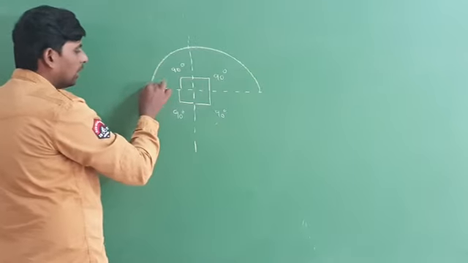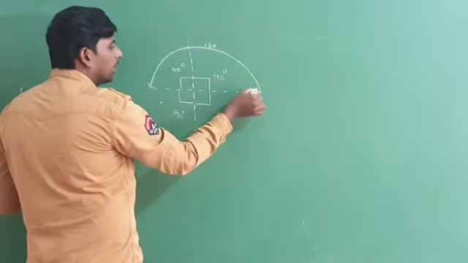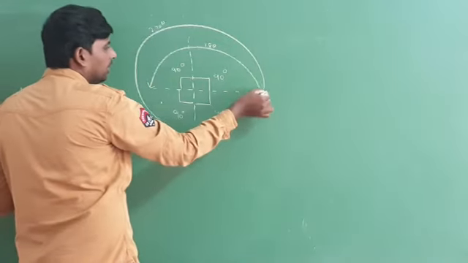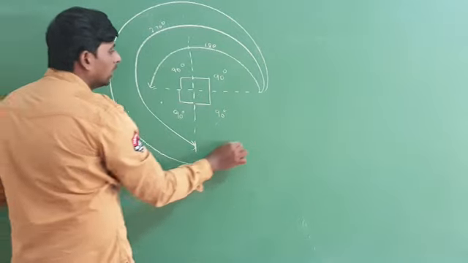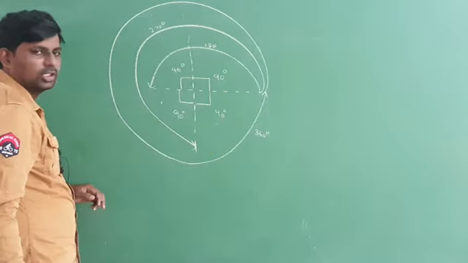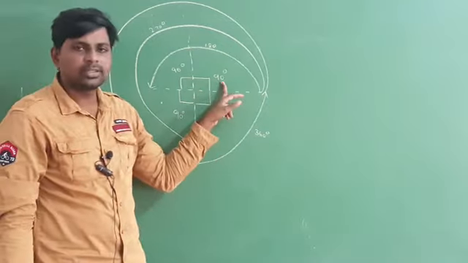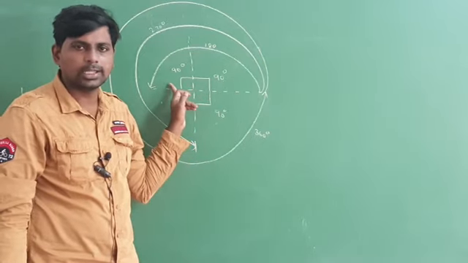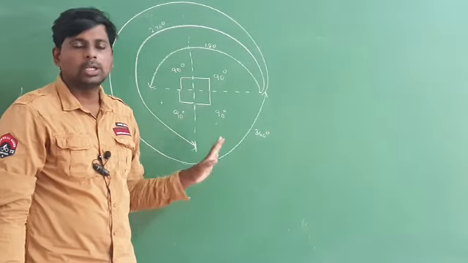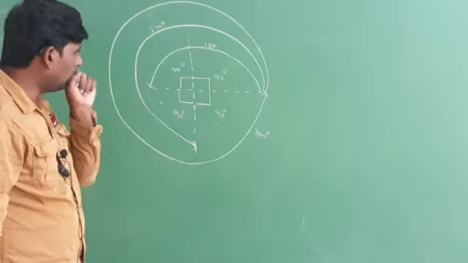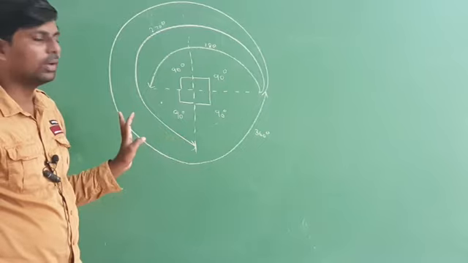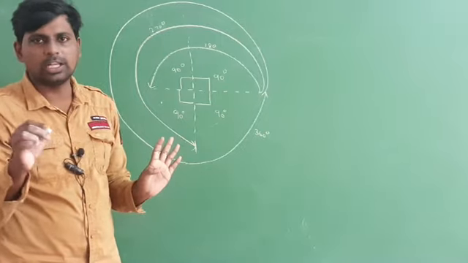The sum of these two angles is equal to 180 degrees. The sum of these three angles is equal to 270 degrees. The sum of these four angles is equal to 360 degrees. You have to remember this quadrant system. In the first quadrant the angle is 90 degrees, right angle to each other. Here also the angle is 90 degrees, and here also, and here the angle is also 90 degrees. So the sum of 2 angles is 180, the sum of 3 angles is 270, and the sum of 4 angles is 360. You have to remember this. If you remember this, it will help you solve the problem easily.